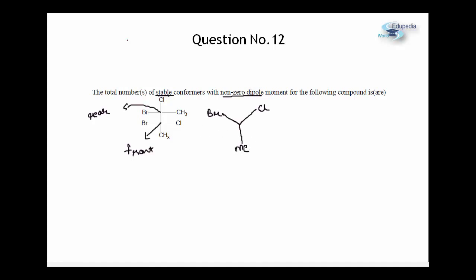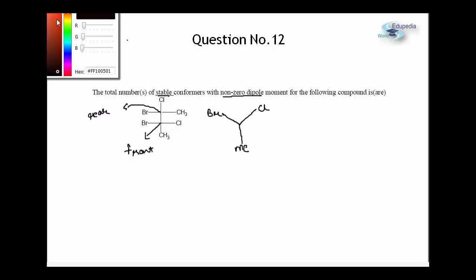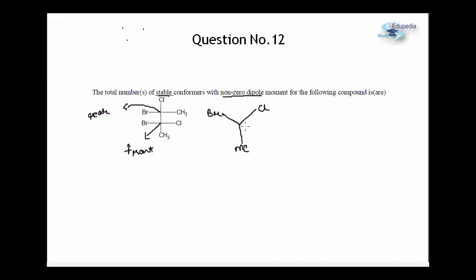So this will be my front carbon, and now if I draw the rear carbon, which I am representing by a circle, which is normally what we do in Newman projection formula, behind Cl I am going to get CH3, that is methyl group. Below methyl I am going to get Cl, and behind bromine I am going to get bromine. Okay, so this is how the Newman projection formula will look like. Fine. Now this is an eclipsed conformation, and I have been asked to draw the stable conformers, that is I have to consider the staggered conformations.